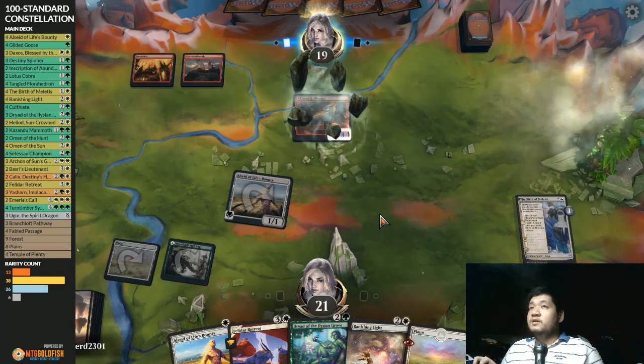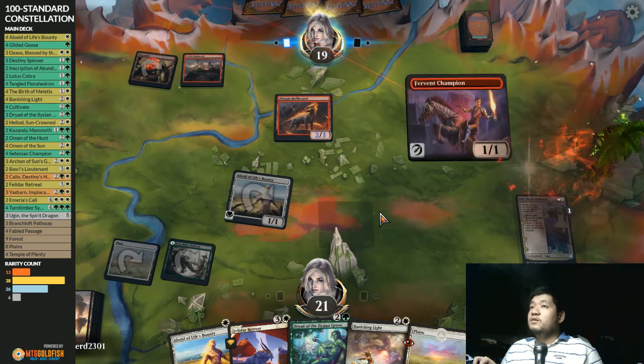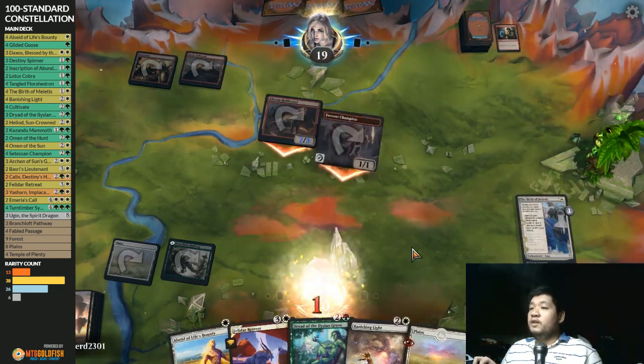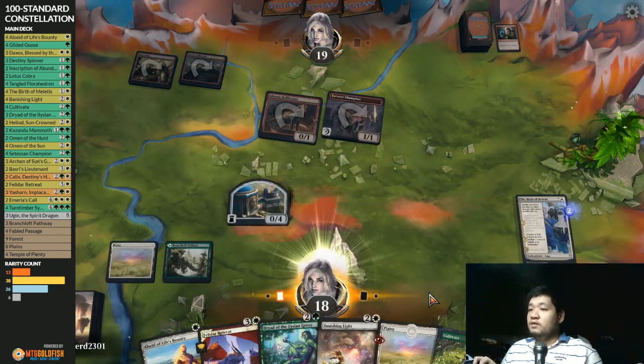And then it gets the pump. Mono red. We did not see small dorks, and it's plausible. Opponent does have the Shock. So at least the Birth of Meletis will buy us some time, if we can draw another land. Nope, we did not. But